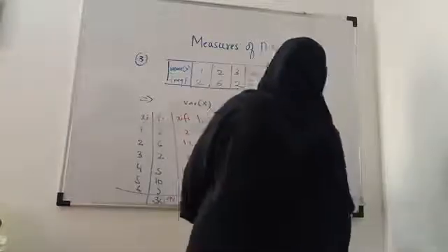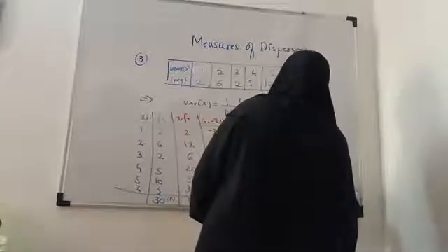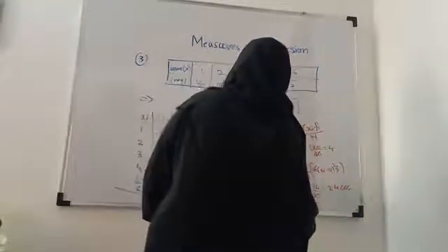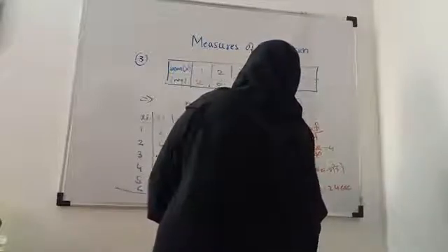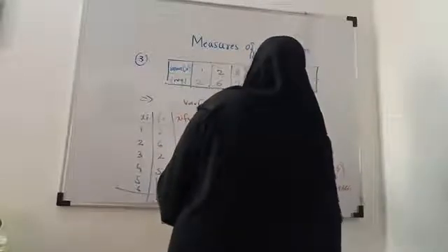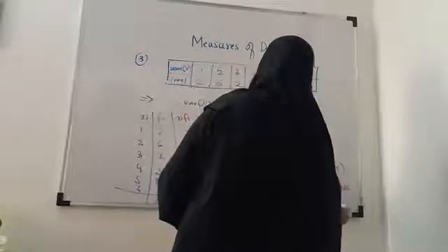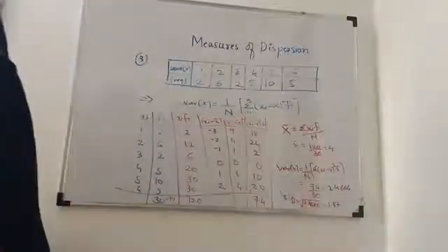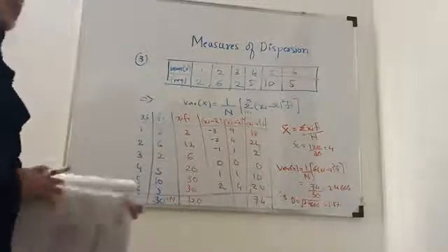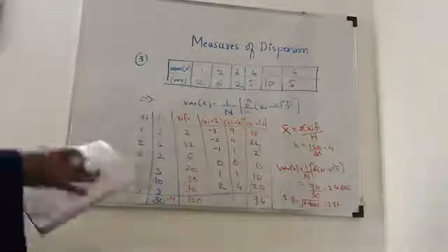2.4666, and therefore the variance will be what? Sorry, the SD will be what? Under root of 2.4666, which is equal to 1.57. Okay. So this is the formula, or this is the way to find out the variance and the SD for